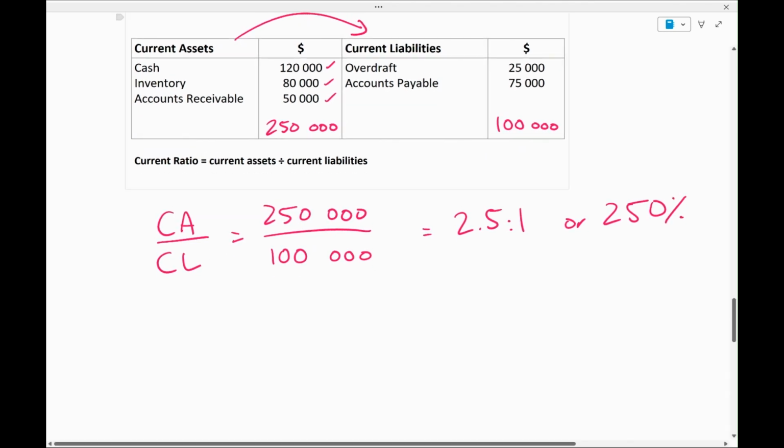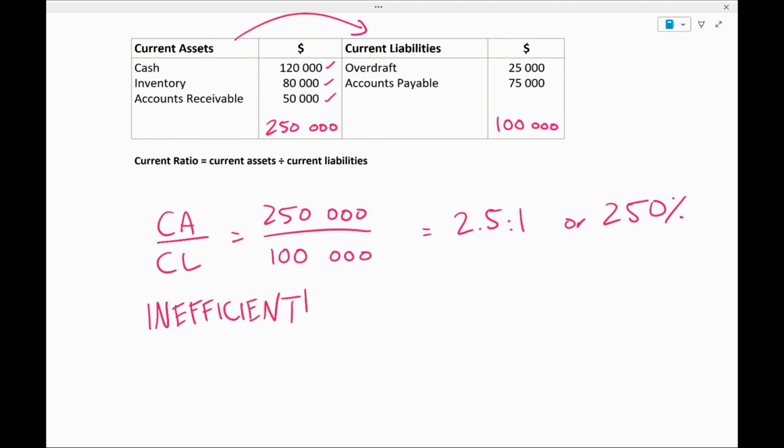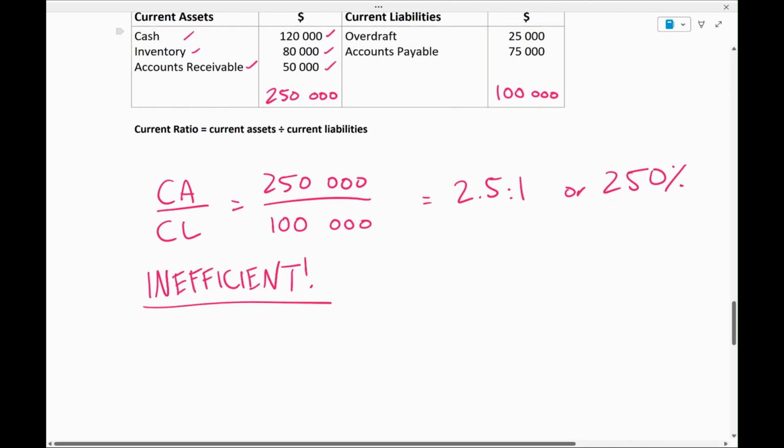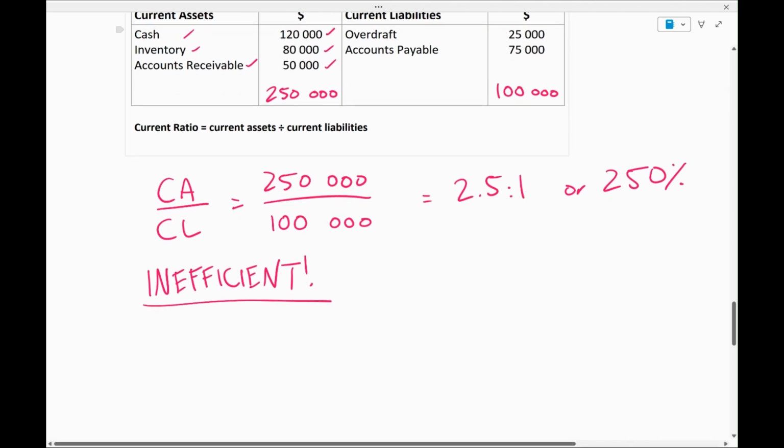However, we can kind of see there's a problem that this is inefficient. What else could they be doing with all that extra cash and inventory that is sitting around? The stock or inventory could be perishing or going obsolete and they're having to pay to store it. They got extra cash just sitting around. They're waiting to collect these $50,000 in accounts receivable. What else could they be doing with that extra money? This indicates to us this is inefficient